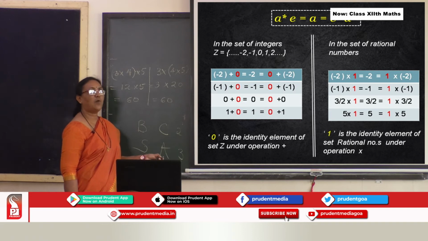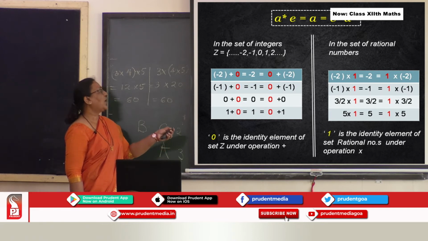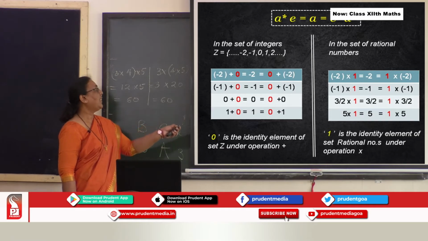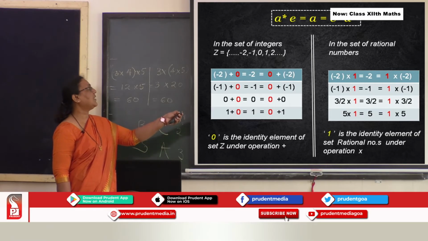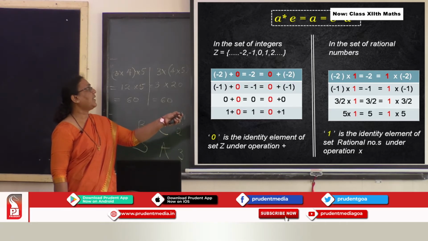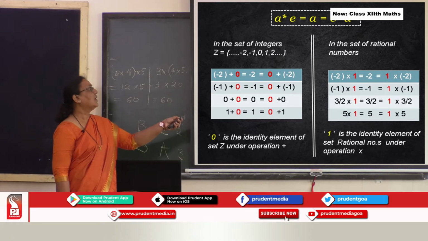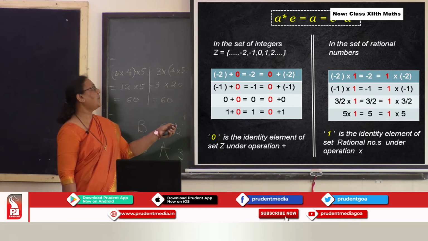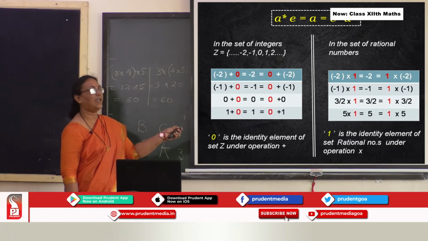Is it clear to you all what the identity element is now? So in place of these numbers, you are taking A. In place of this binary operation, it is star, and in place of 0, it is E. Then you are getting back the same answer. And the reverse of that, if you write E here and A this side, if you change the order also, the answer is the same, then this element E is called the identity element.